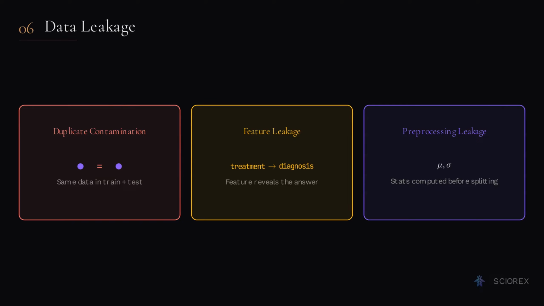Data leakage has caused real papers to be retracted. It has caused real products to fail in deployment. The insidious part is that everything looks fine during development. Your metrics are great, your plots look clean. The problem only shows up when you deploy the model on genuinely new data and performance collapses. This is why we are going to deliberately cause leakage in our code demo, so you can see exactly what it looks like and how to catch it.